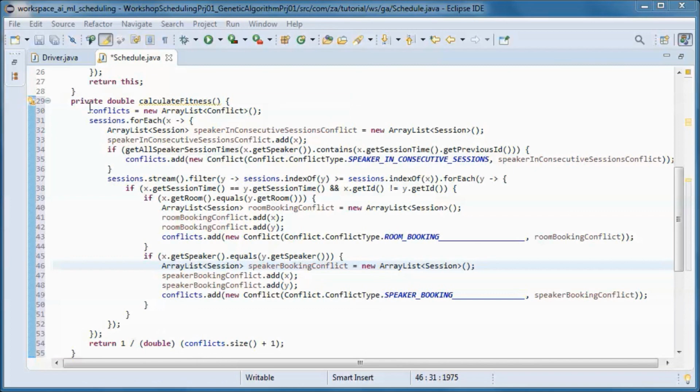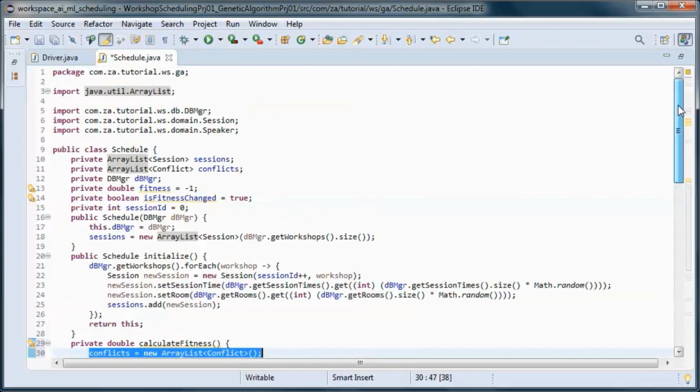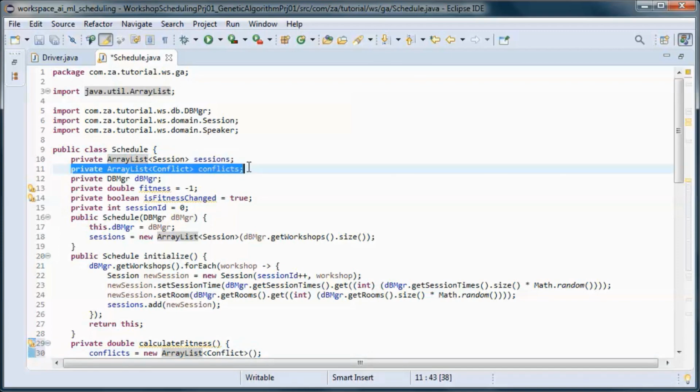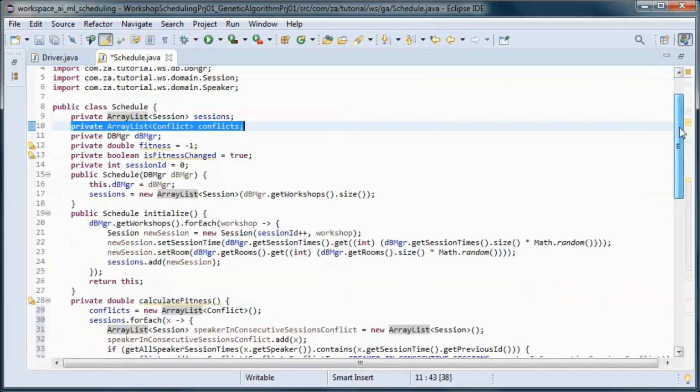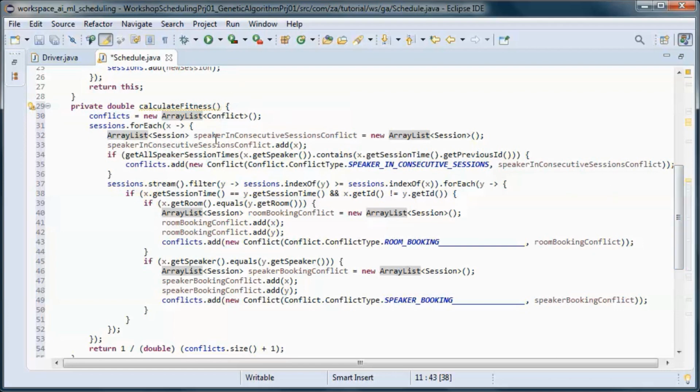So here we are instantiating a new conflicts array list, which we are keeping track of here, and we check if we have a speaker in consecutive sessions conflict, and if so, we add that conflict to the conflicts array list.